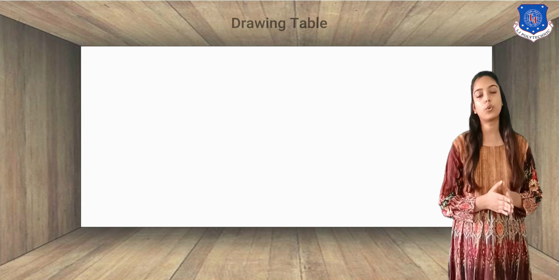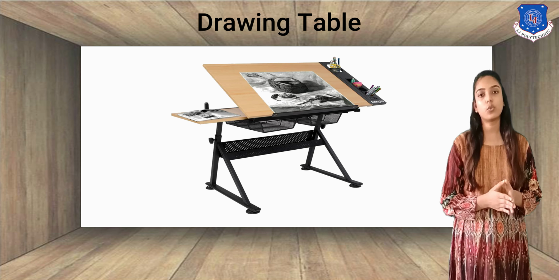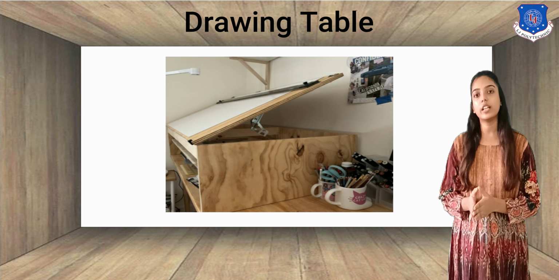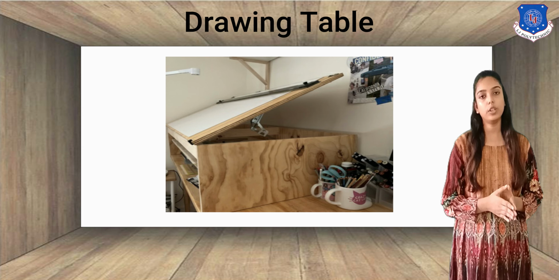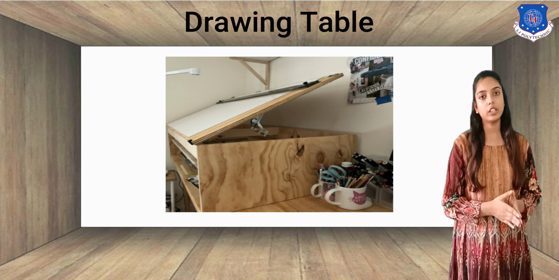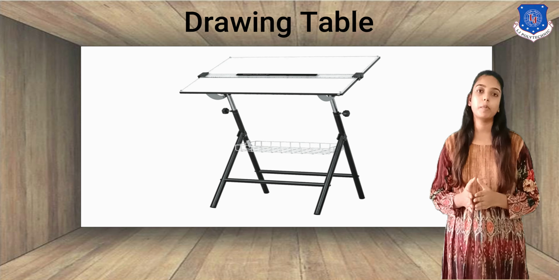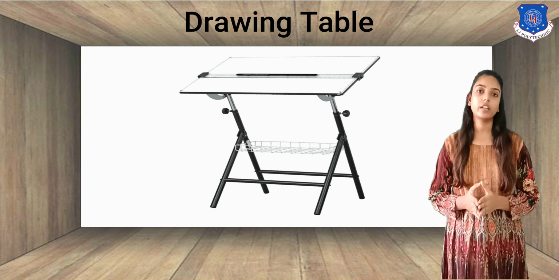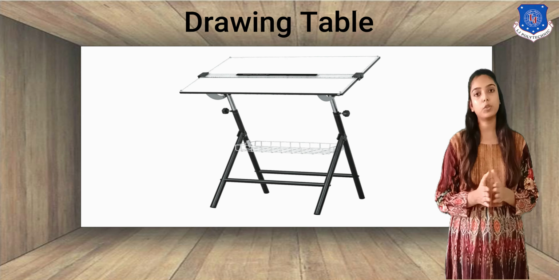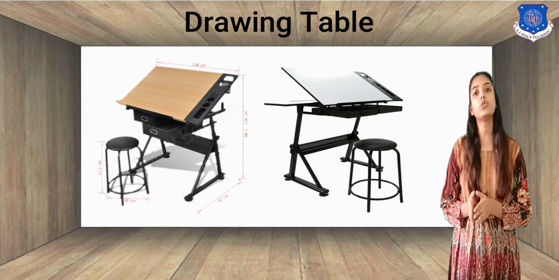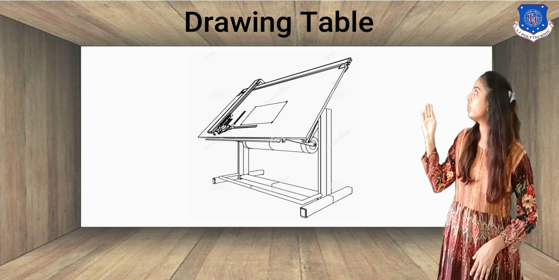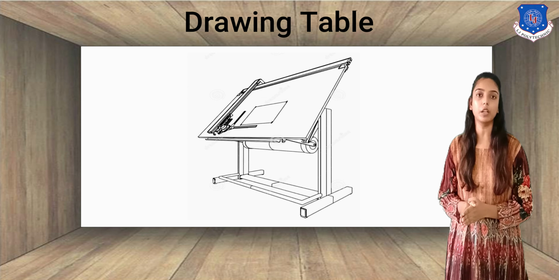Next is a drawing table. What is a drawing table? It is made out of wood or steel. It is a hinged attachment unit used for the inclination of the table. The height of the table is such that people can easily draft a sheet in standing position also. The stool should be high enough for comfortable drafting. As you can see on the screen, a sketch of a drawing table.